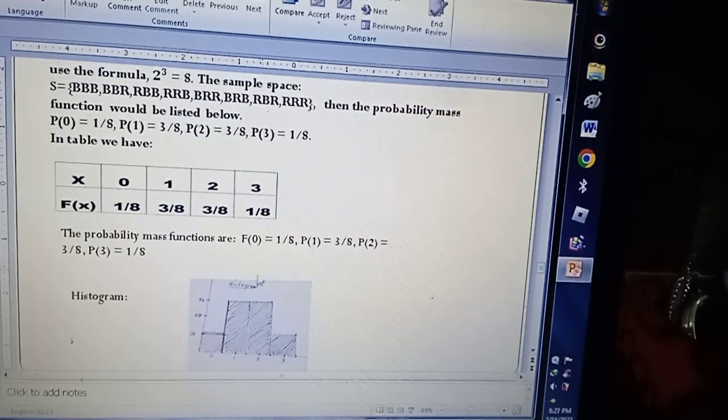And for the histogram, so this is the histogram. That is the same as when we are tossing a coin, because in tossing a coin thrice we also have 8 outcomes. So that's the same histogram that can be presented here. Okay,